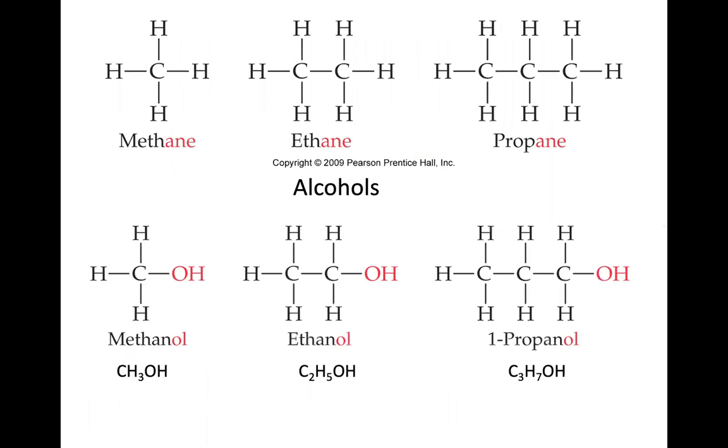So let's be familiar with this naming scheme for these simple organic molecules, and also make just one additional change to it. What if instead of having the hydrogen on the side, it had an OH group instead? If you change that to an OH group, instead of being called an alkane, now it's called an alcohol. I'm sure you've heard of alcohols as a chemical substance. Notice the only difference is instead of having this ANE ending on it, we end up with an OL ending.